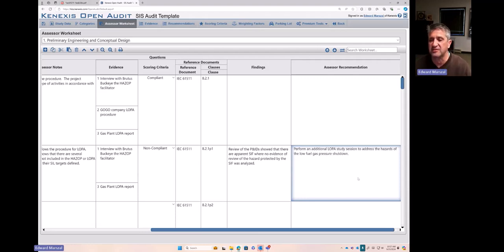Obviously, this is not a good recommendation. I think we have an entire training class on how to write recommendations. So a recommendation needs to be able to stand by itself. What piece of equipment, what process are we talking about? A little bit about what the finding was that generated the recommendation and what actions need to actually occur to